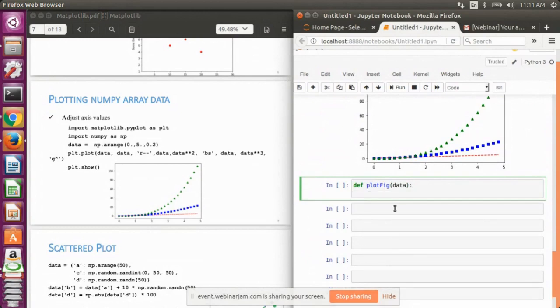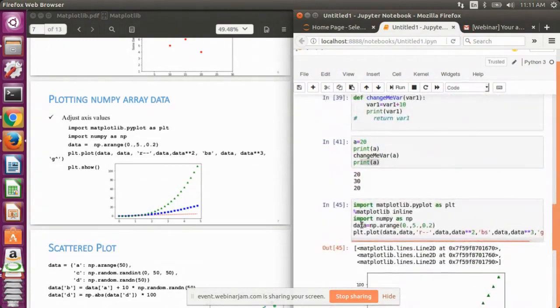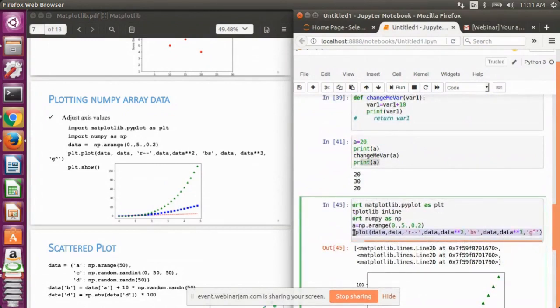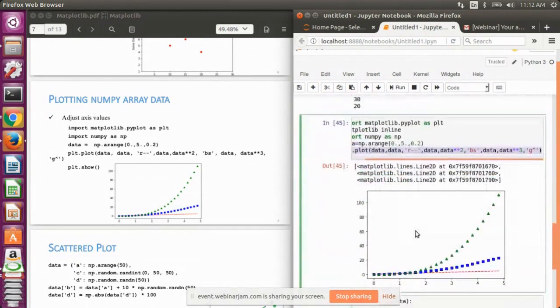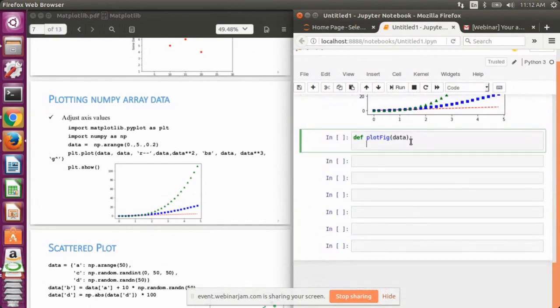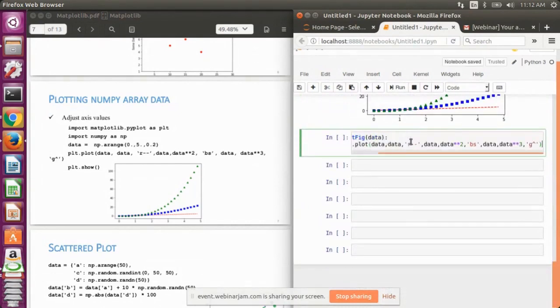The definition is basically the same, that is, we are plotting three lines. The first is data comma data, the second line is data comma data square, and the third line is data comma data cube.